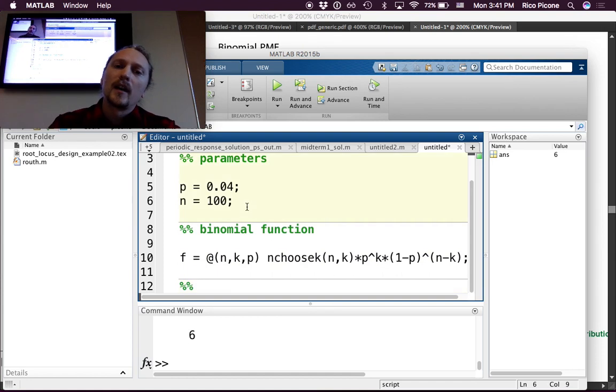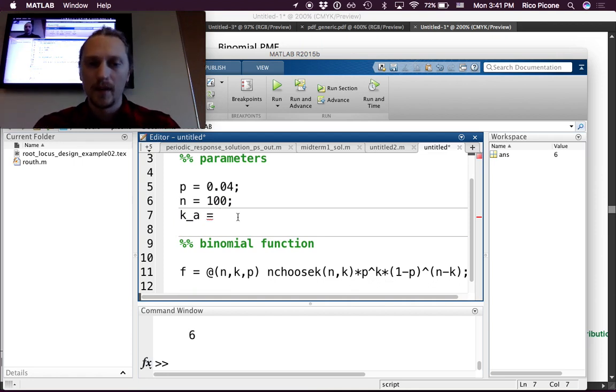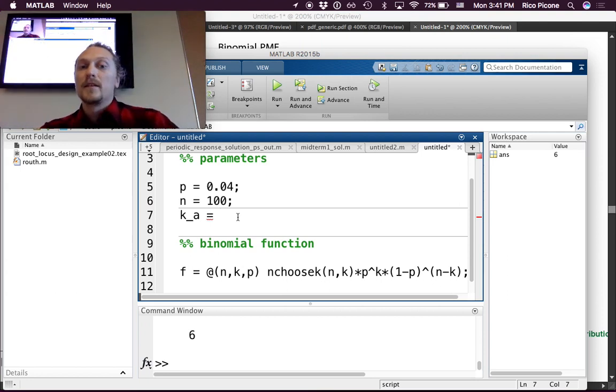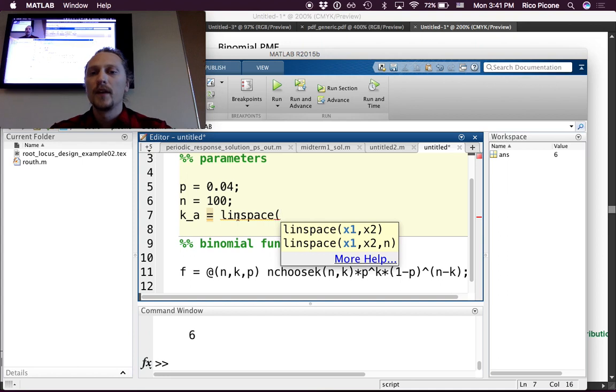I know, back in our parameters, we should define our k array. I like to use this underscore a when I'm making an array. So let's do a linspace because we have no reason to do a log space. So the syntax is the lower bound, upper bound, and then the number of values. So we are going to start at 1. You got to choose 1 at least, and then up to